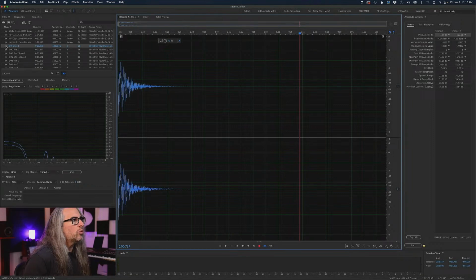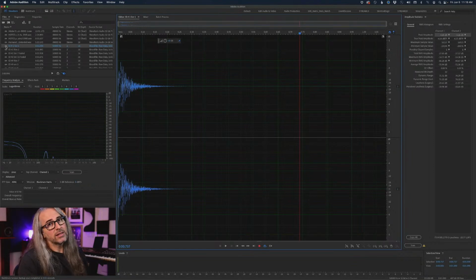So one of the first things I'm going to do is a little bit of batch processing and creating a script to apply to multiple files. You could do this for audio files meant to be in a Premiere project. You could do this for sound design files. You could do this if you have a bunch of dialogue and you want to destructively process them. That doesn't mean overwrite the originals. It just means I'm going to commit to making a bunch of changes.